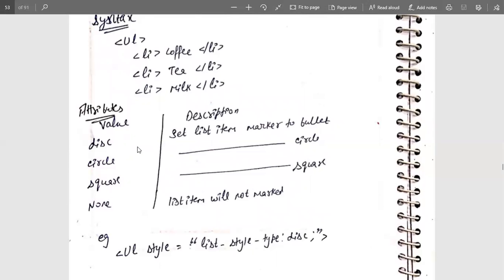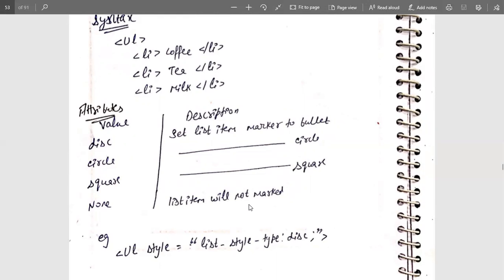So whenever we mention any of these inputs, the list will be marked with the help of these symbols. And if we do not mention anything, then the default type will be used, that is the disk one. But if you mention none, that means no item will be marked with anything.